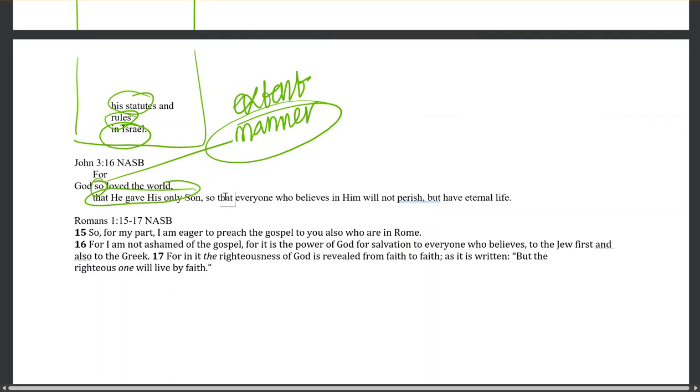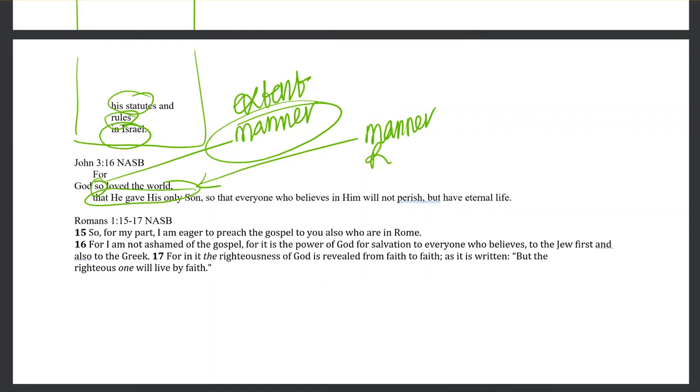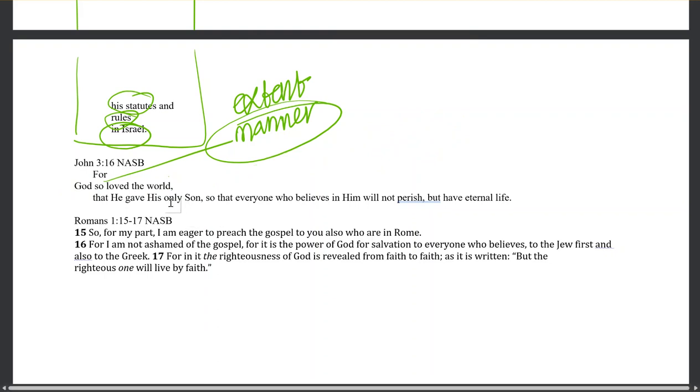Something you would see when you're structuring text, many different relationships can explain a particular statement. This could be manner, and this could also be the result. It could also be seen that God's love directly led to him giving his son up. That would be correct too. And there's nothing wrong with that, because you're looking at what the author was doing, and sometimes two things could explain that.